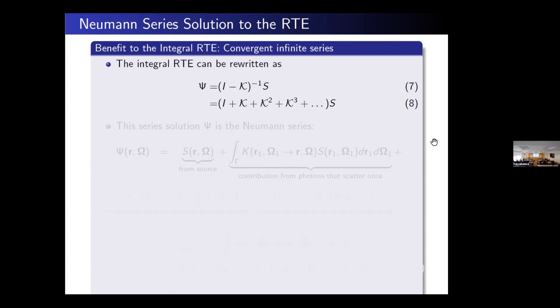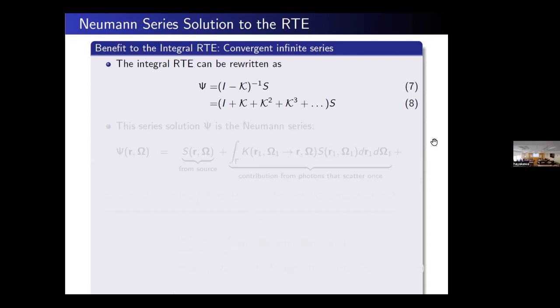As I said, one of the nice things about the integral form is that you can write it as a convergent infinite series. How do you get there? I took the equation before and just rearranged terms. We have psi equals fancy K psi plus S. I brought all the psi terms onto the left-hand side, and you get this form of the equation.